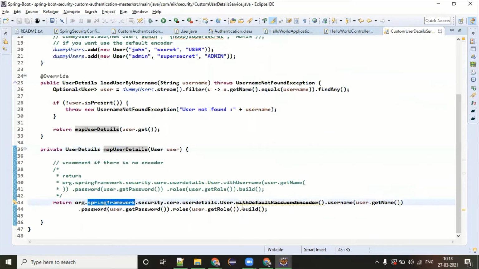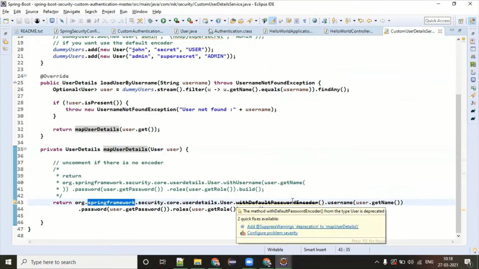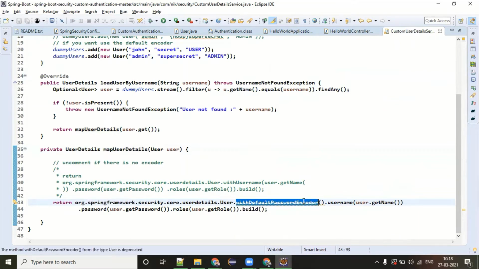And how can we encode it? The Spring Framework provides one library, which is kind of deprecated now, with default password encoder. It was kind of mandatory initially to have a password encoder implemented. Usually people have their own implementation of password encoder, but if you don't want to write your own, Spring provides one default encoder.